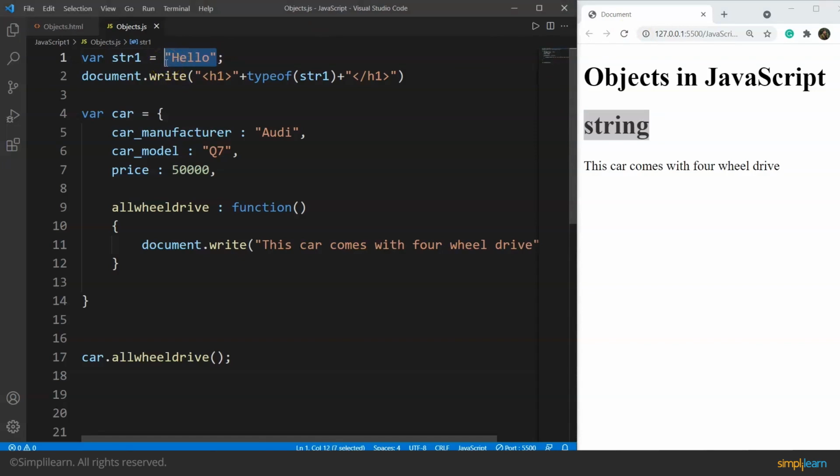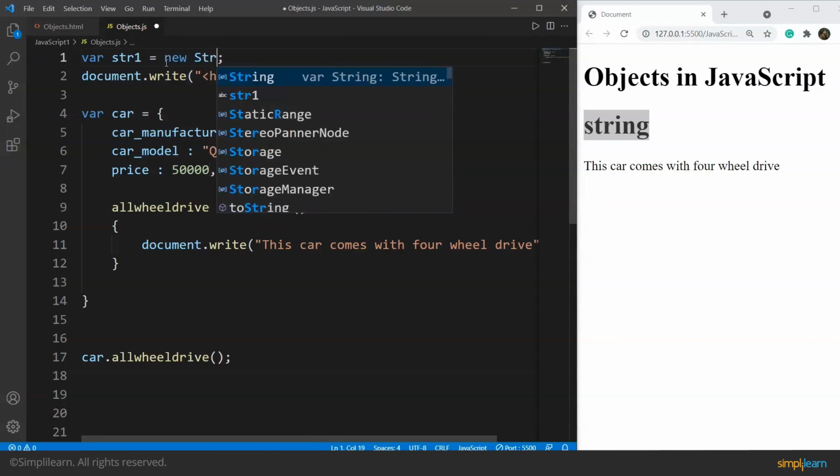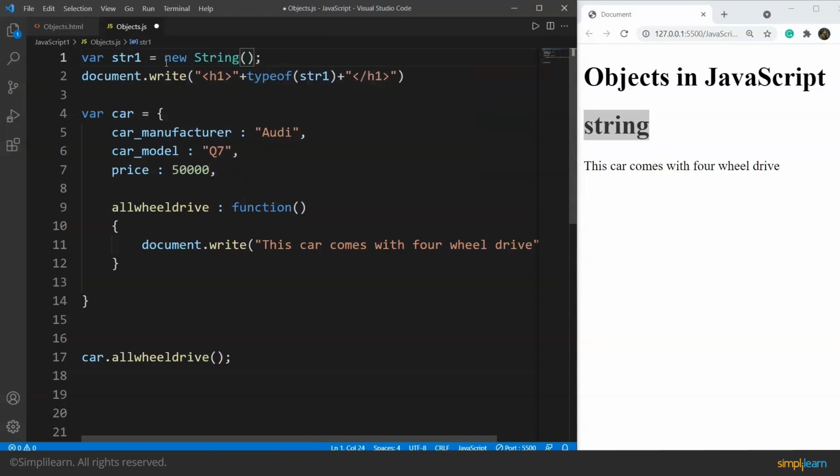It was a string earlier, but when we use it with the new keyword along with the string, this is the basic syntax of how to define a primitive data type as an object. If we save it now, you can see it is converted to object. Similarly, we can use the other basic data types as well, and the other predefined objects we talked about, like the date object and the math object, we'll go through each of them in separate videos.